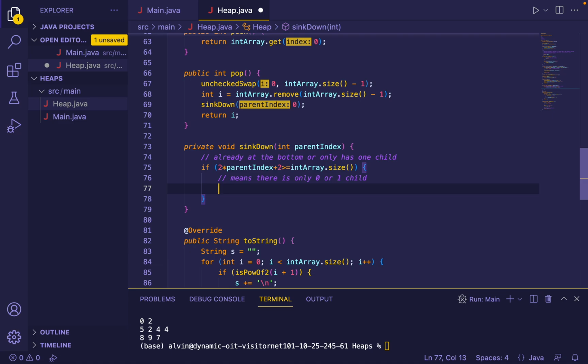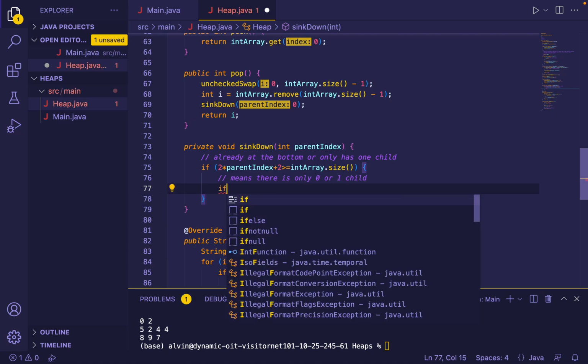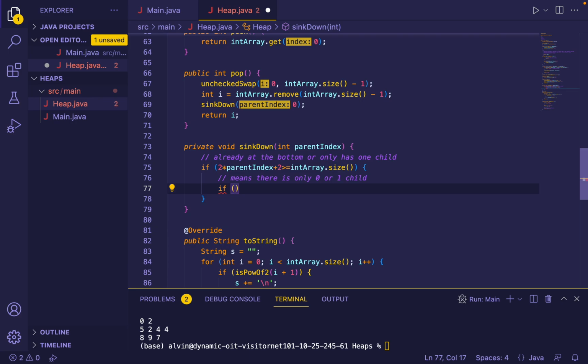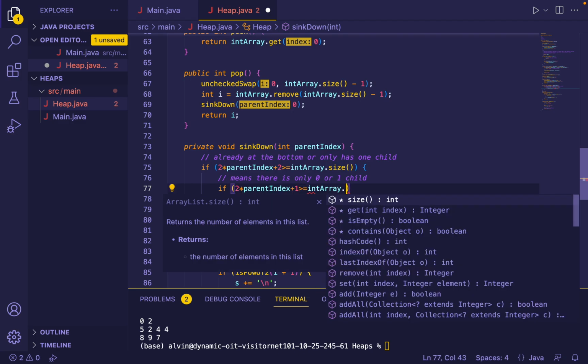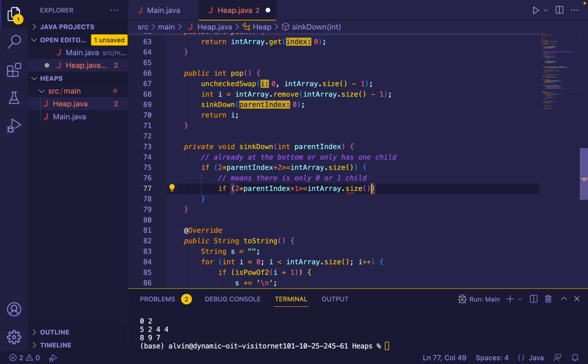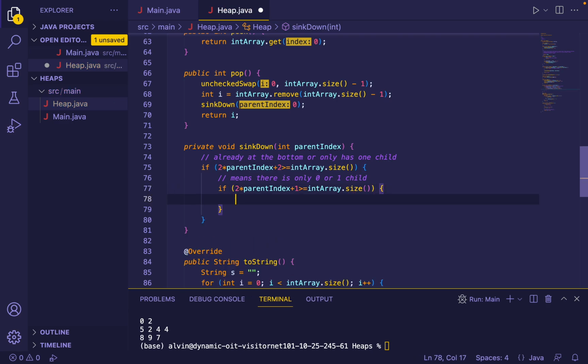So we can do, yeah, then we can check if 2 times parent index plus 1 is equal to int array dot size,